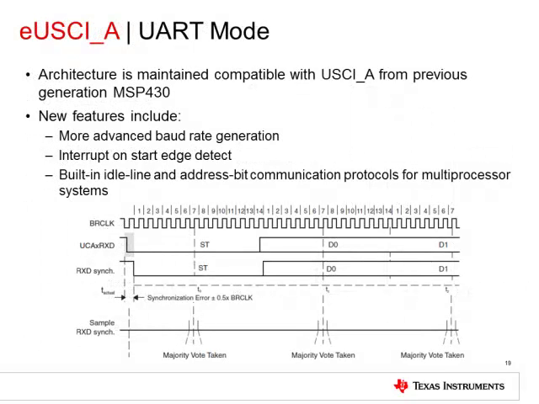The Enhanced Universal Serial Communication module supports multiple serial communication modes with one hardware module. The eUSCI_A module supports UART and SPI communication, and the eUSCI_B module supports SPI and I2C communication. When used in UART mode, some features of the eUSCI_A include